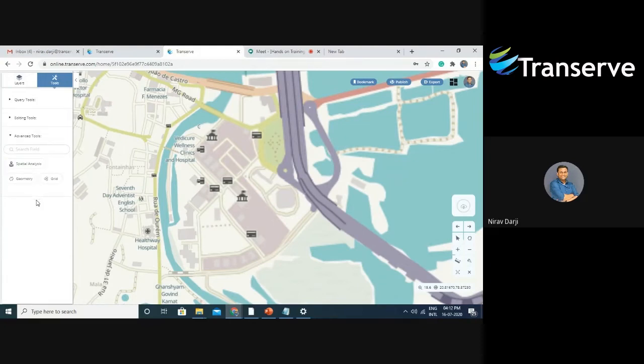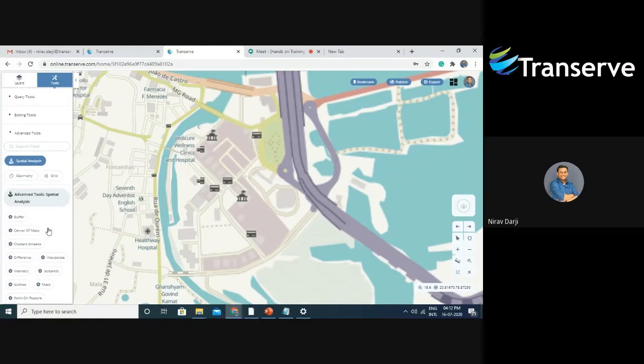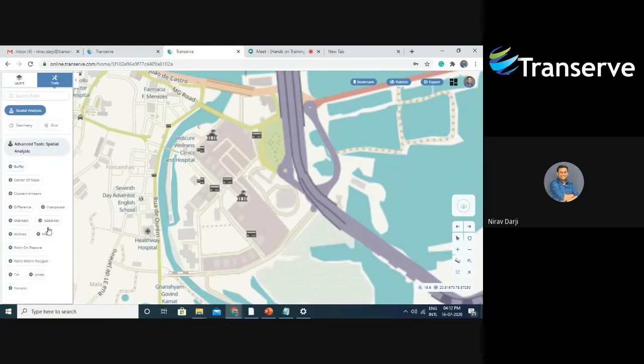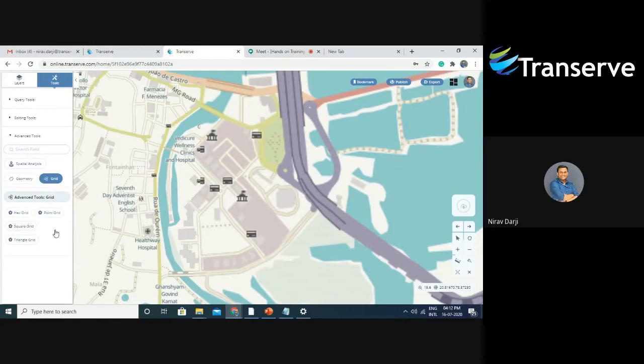On top of that, we have some advanced tools. In spatial analysis, we have an ample amount of tools available. And in geometry, we have this many tools. Under grids, we have a hexagonal grid, point grid, and square and triangle grids as well. First of all, I'm going to show you how to create a point and how I can give it an attribute.